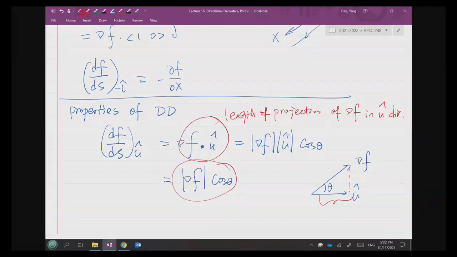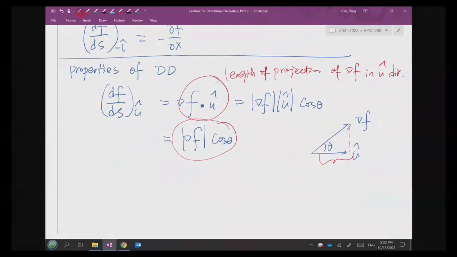So now you actually can have a third alternative to describe what the directional derivative is. If you know what the directional derivative is, you could say that the directional derivative is the length of the projection of the gradient vector in the direction of u hat, or in the direction of changing. Same thing, right? So then what are the properties? I'll summarize 3 properties based on the expression. First of all,